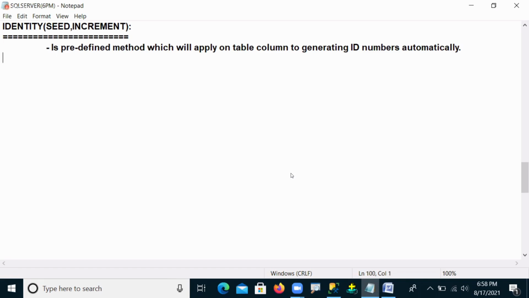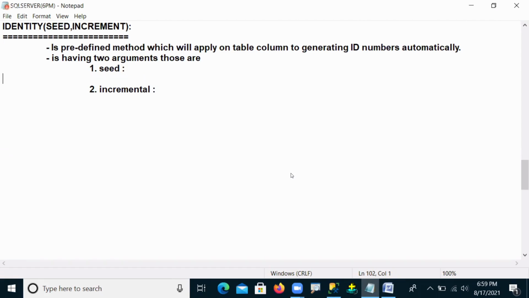And this identity has two arguments. The first one is the seed argument, and the second one is called the incremental argument.